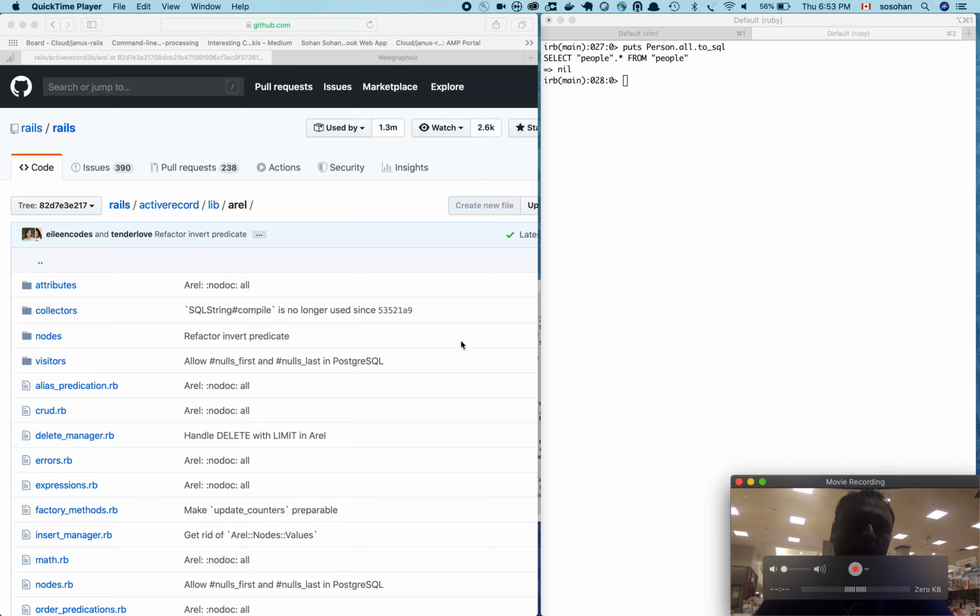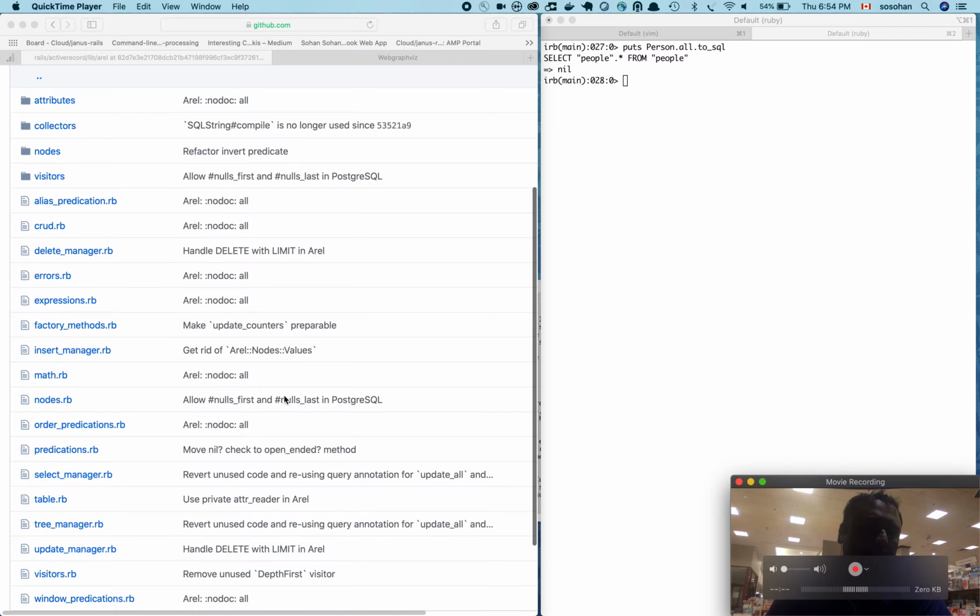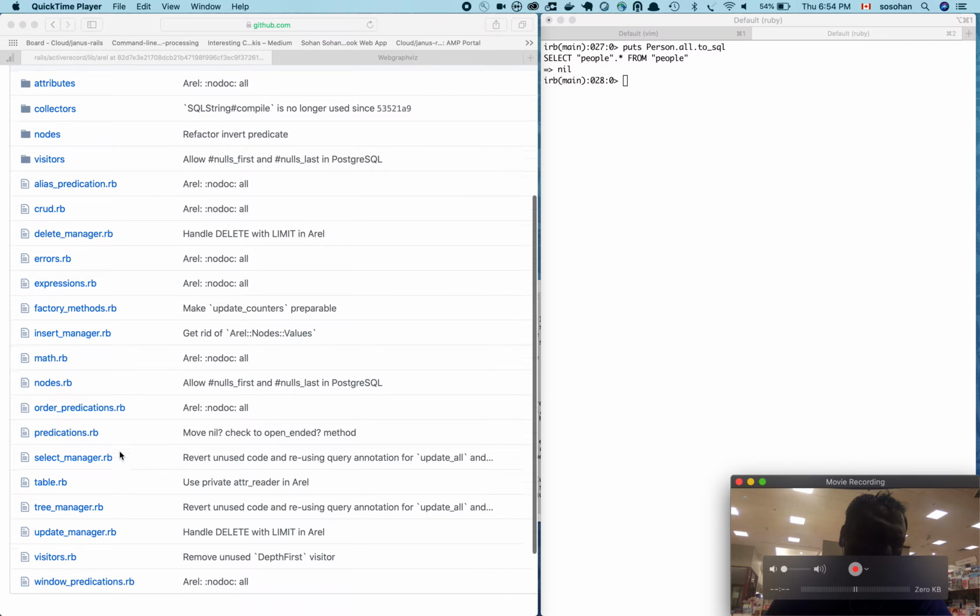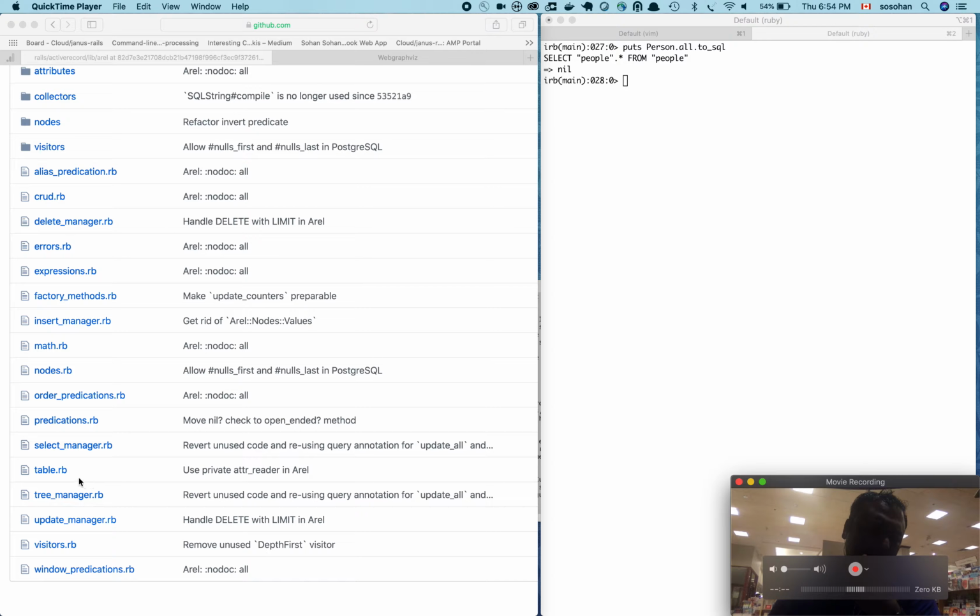Today I'm going to look at the source code of Arel. Arel is a library that converts Ruby on Rails' popular ActiveRecord Ruby code into SQL for different databases. This is the Arel source code, and what you see here is some things that look familiar,